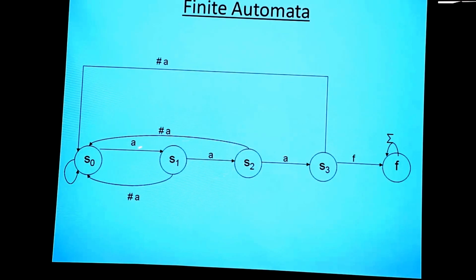From here, if you see anything different from A after having seen 2 A's, you come here. If you have seen 3 A's, you come here. Well, it should have been not of F. If you see an F, you go to the final state and accept it. If you see anything different from F, you come back.